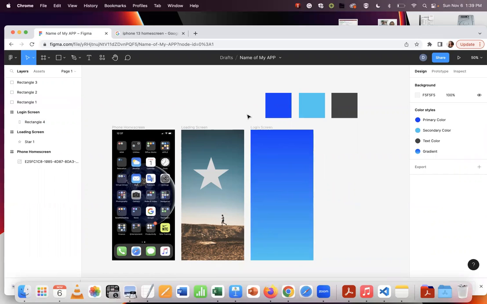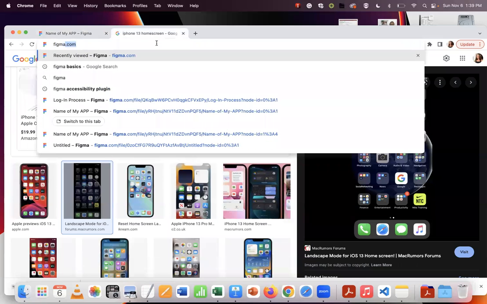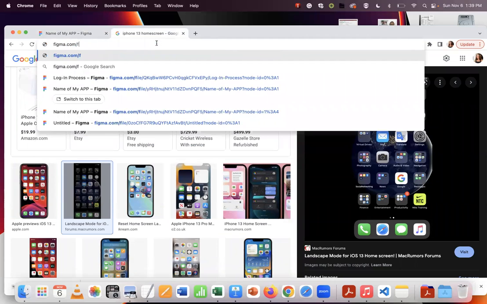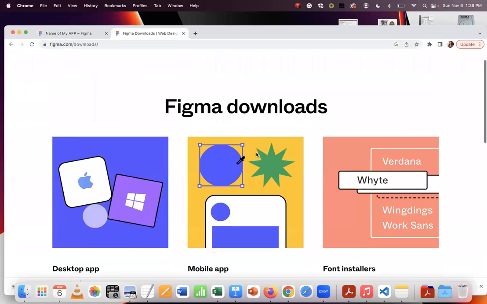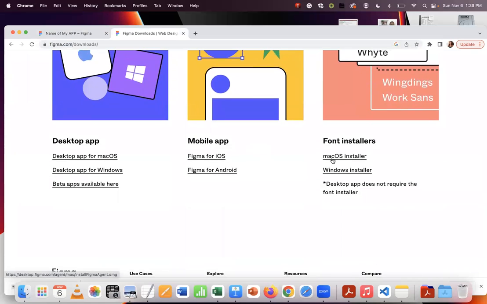Now fonts, for the most part, Figma is going to use the fonts that are on your desktop, but what you might need to do is go to figma.com/downloads. And if you scroll down, if you have a Mac or a PC, depending, there's a font installer, which will allow Figma to use the fonts on your computer. So you want to make sure to download that